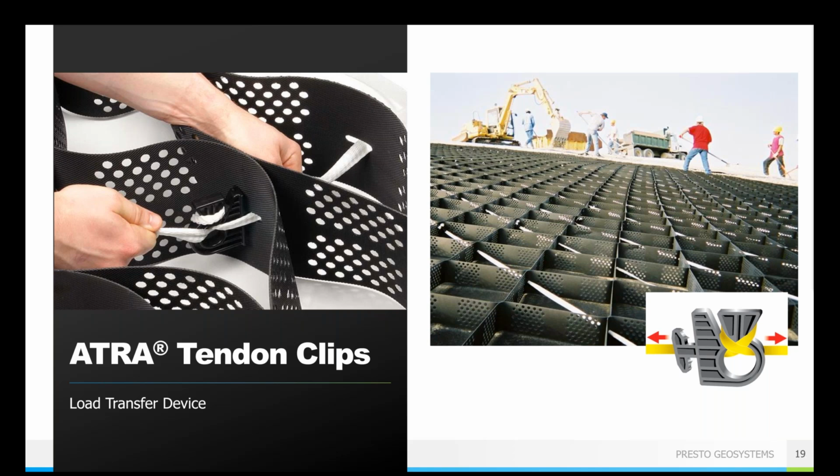And then we have our Atra tendon clip, which is our load transfer device. So it is the thing that connects the GeoWeb panels to the tendons and then all the way up to the crest anchorage system at the top. And so this allows for a lot of pre-assembly as well, so you're not doing slope side work, which is great if you are on those steeper slopes. Maybe you're on a 1-to-1, a 45-degree slope, which makes it really difficult to put manpower on that slope face to do the work. You can do all of that before you deploy the GeoWeb panels down the slope face.